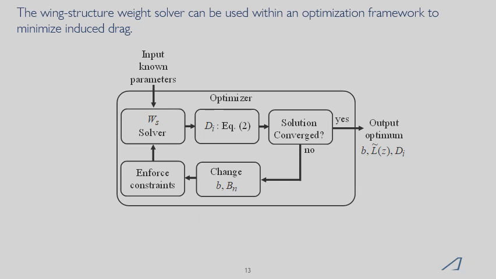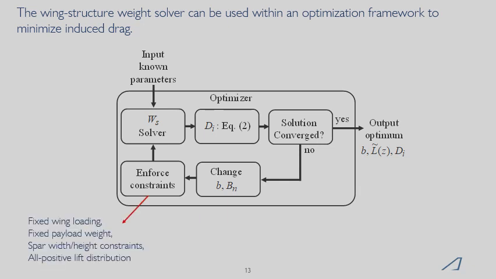We use that as an objective function inside an optimization framework. And there's really no fancy things going on here. But I want to point out that for this study, we tried to enforce constraints that were representative of typical aircraft. So we fixed the wing loading, so that we have an optimized design and a baseline design that has similar performance characteristics, since the performance is related to the wing loading. And we also fixed the payload weight,